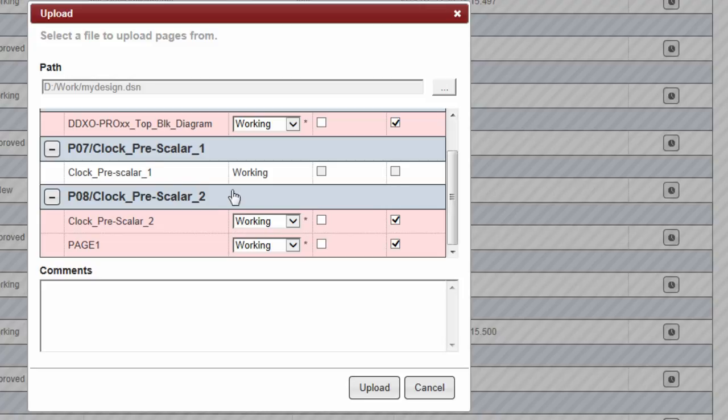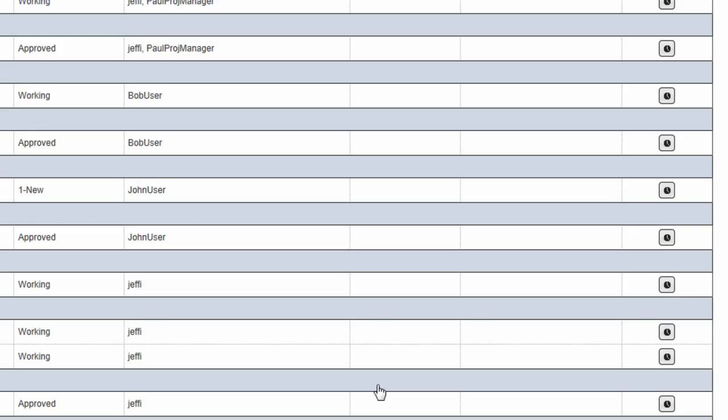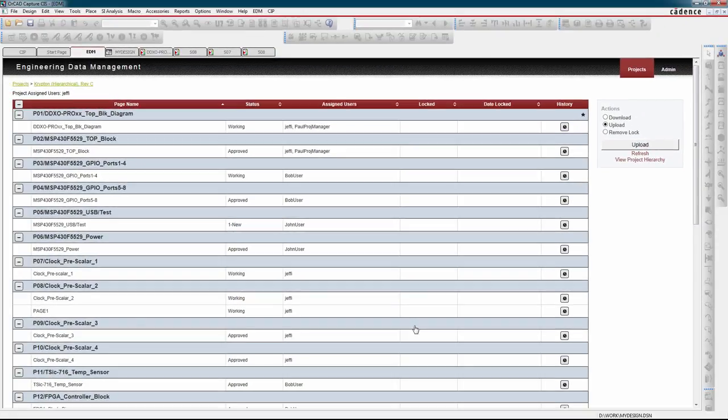Now when I upload this, page 7 is not going to upload because we downloaded that only. But page 1 and page 8 we did lock. So we're just going to give it a comment and say, for example, added cap. And I'll go ahead and do that. And I'll upload that. When I upload that, immediately what we're going to recognize